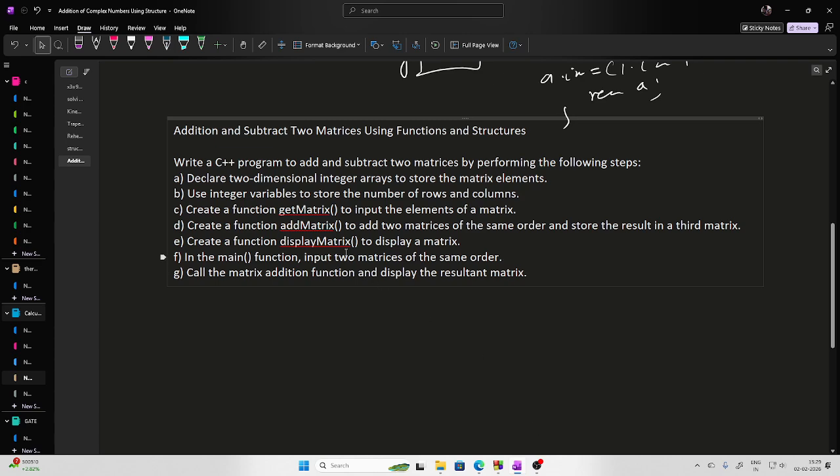So now, this problem is saying that we have to write a code for a matrix such that we can declare it, we can add another matrix to it, we can display the matrix, and then we have to convert that into a structure so that it becomes a standalone matrix. Okay, so let us start